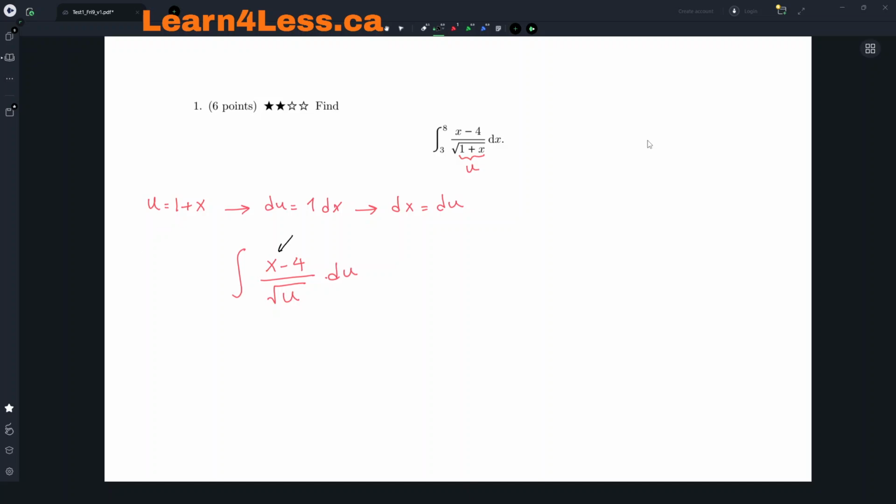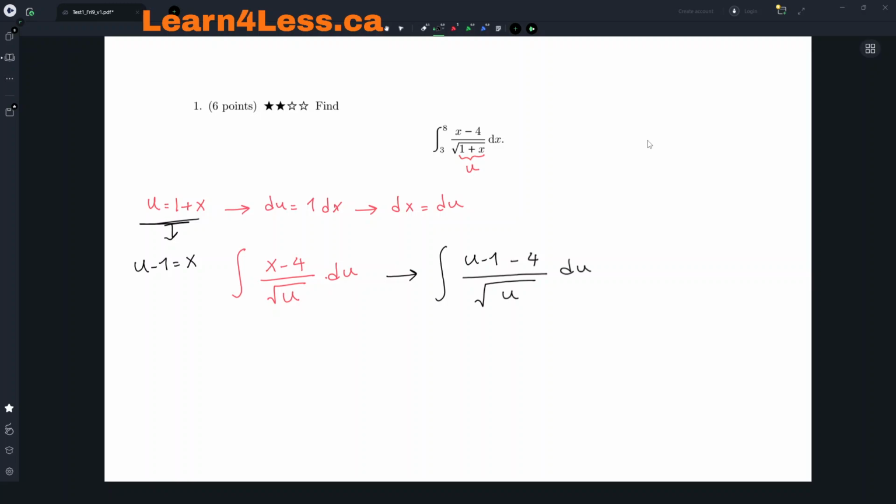So we need to somehow get rid of this x as well. Let's see what x is. From here, I can rewrite that u minus 1 is equal to x. So this integral would be u minus 1 for this x, minus 4, over square root of u